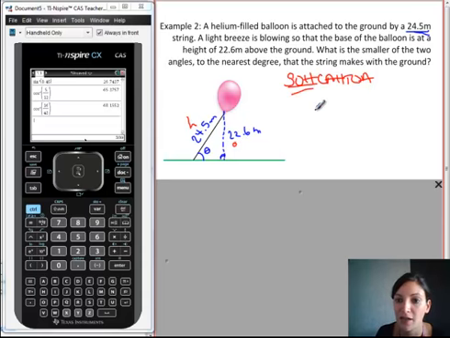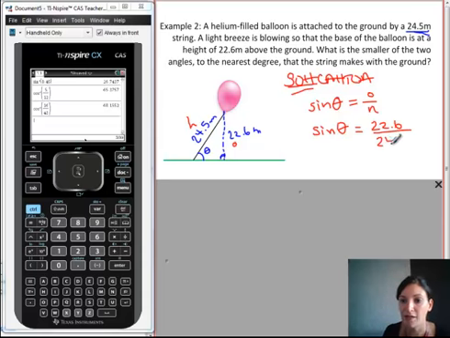So we know that sine of theta is equal to the opposite over the hypotenuse. Fill in what we know. So we don't know theta yet, but we know the opposite is 22.6 and the hypotenuse is 24.5. Okay, so to work out theta, we need to do the inverse sine